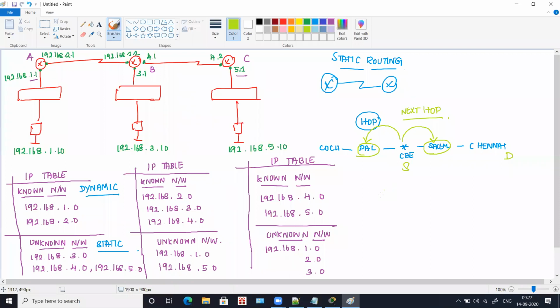Now, the diagram which you are going to take is three routers. Yes, I'll choose some other color. Okay, so the diagram which you're going to take is the same diagram. I'll just draw it here so that I can explain next hop. So we have three routers.